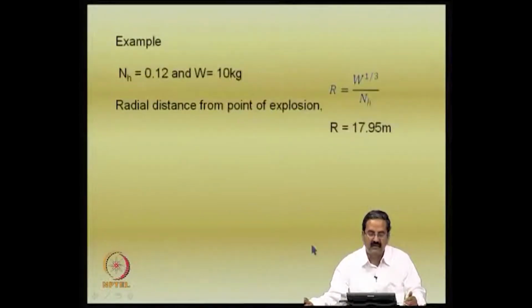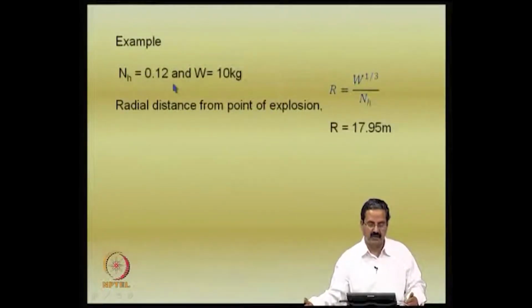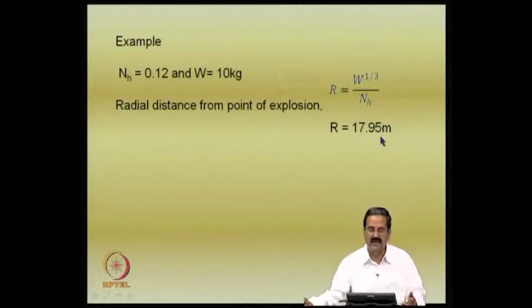I will give a small example. You take NH as 0.12 and the weight of the explosives as 10 kgs, it can be 1 ton or whatever, or 20 tons. If you use this expression with these numbers, you get R equal to 17.95. This number gives you the safe distance. So based on this, NH is fixed, and given the weight you can use, you can calculate what is a safe radial distance,